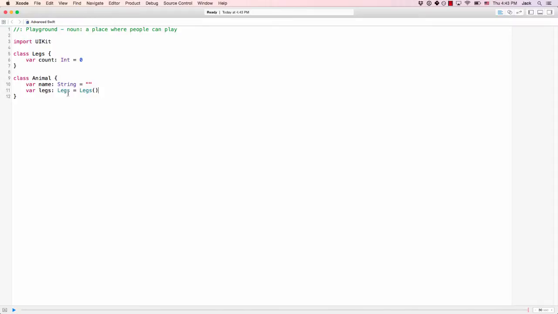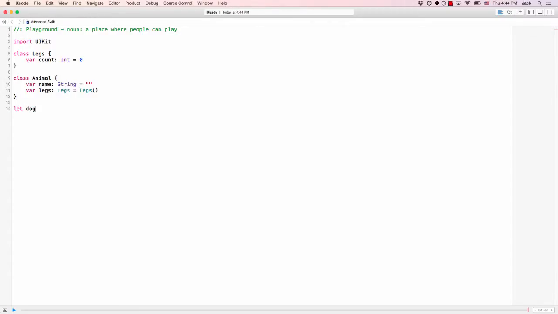And here what I want to talk about is the concept of ownership and memory management. So whenever you have a class, it's allocated and initialized, and when you're done with it, it gets deallocated. And this is done in Swift. Many languages have many different ways of doing this. Famously in C, you have to do it manually, and you have to allocate and deallocate memory yourself. In Swift and Objective-C, there is this concept of ARC, called automatic reference counting. And what that means is whenever you define